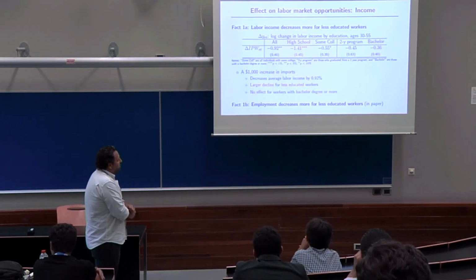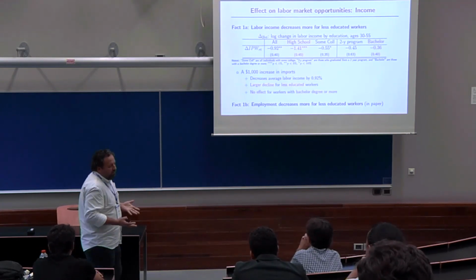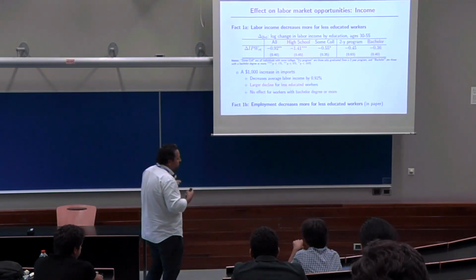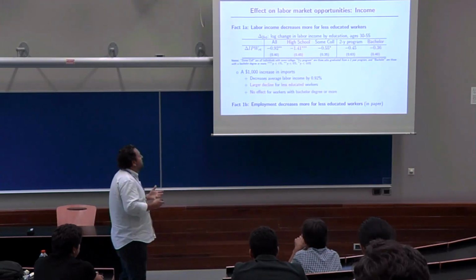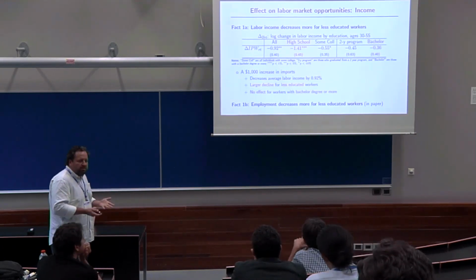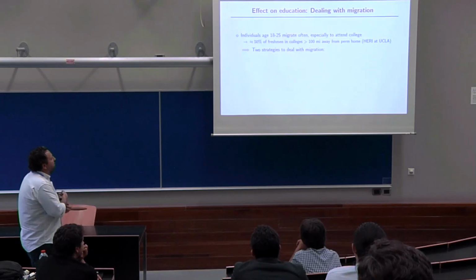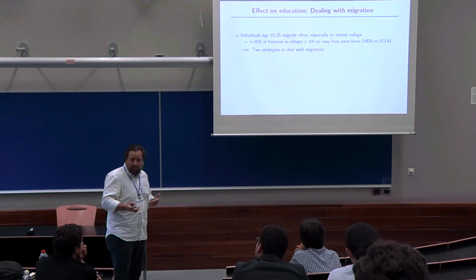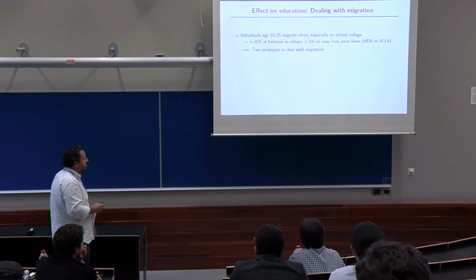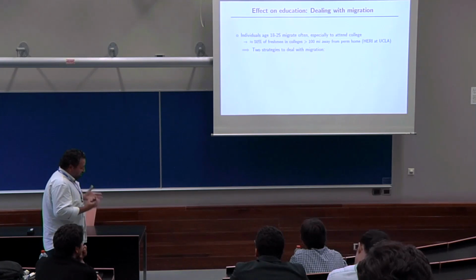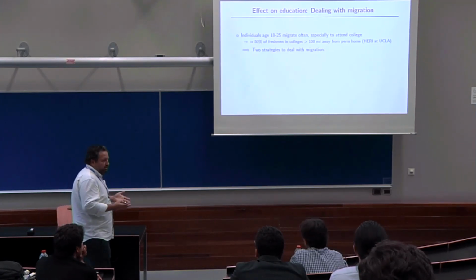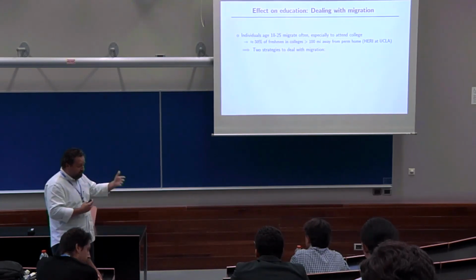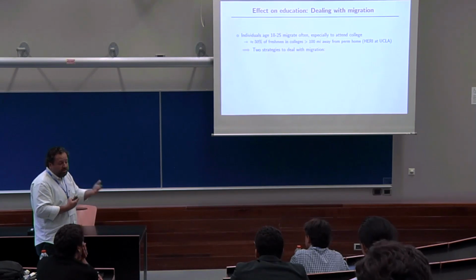So this is the first point. In terms of labor market opportunities, it seems pretty clear that the China shock generated a differential effect between workers with different education levels. In the paper, we also show it for employment, and it's pretty clear as well. So now, once I've shown you this, one would expect that there would be effects on college enrollment by new generations of workers. And what was the main challenge in estimating this? What's the main issue when you want to estimate the effects of the China shock on college enrollment? And it's basically that